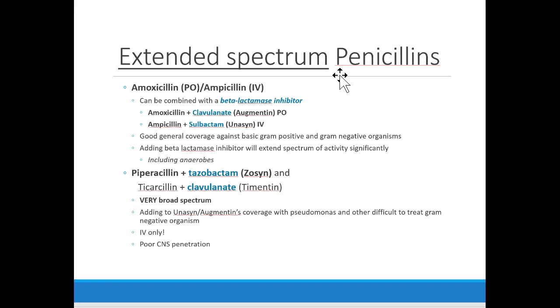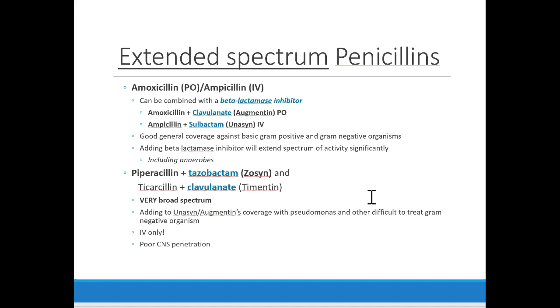Piperacillin and tazobactam is Zosyn, and that's one of the biggest workhorses as far as broad spectrum agents go. So we've gone from these drugs, which are used kind of for more basic infections, upper respiratory, maybe some GI type stuff, although it's not really recommended anymore. Strep infections, that's pretty basic stuff. Piperacillin and tazobactam is a really broad spectrum agent that's useful for a lot of things from sepsis to severe hospital-acquired pneumonia. It covers almost every gram-negative out there, including a group of gram-negatives that will sum up as saying